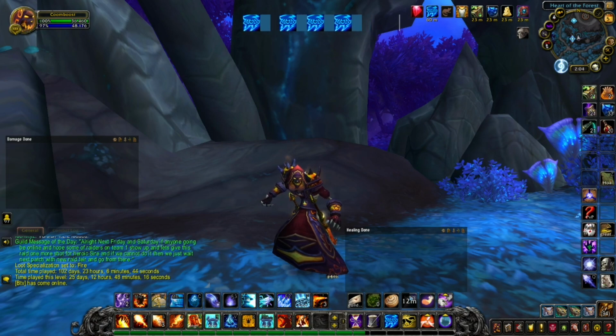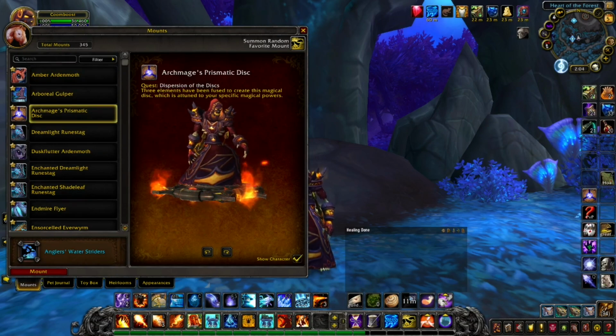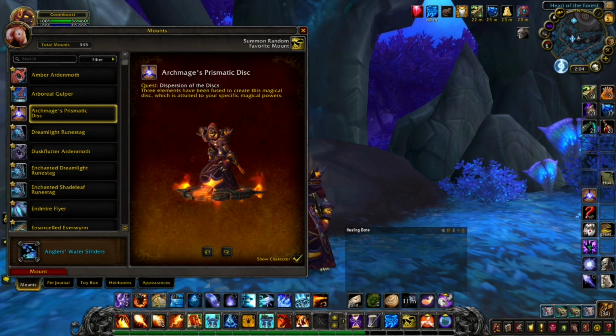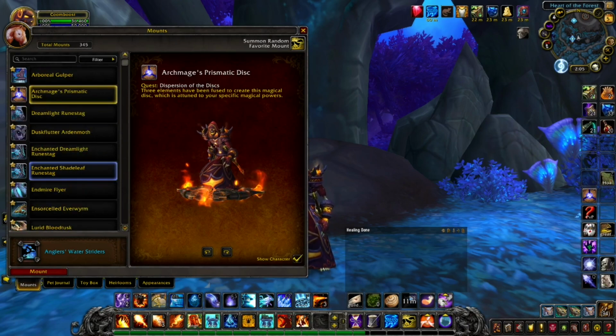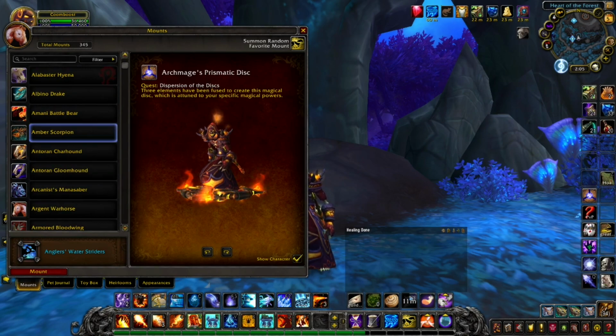Next, you need to get a mount, okay? You need your class mount, which is the Fire Mage disc from the Legion expansion. It's called the Archmage's Prismatic Disc. You can do this by watching my Fire Mage guide on how to get this mount for your class mount. Or there's another Legion mount you can probably get. All classes can get it, and it drops from a raid, which is